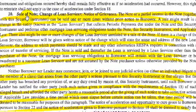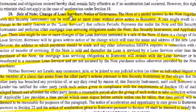So it says sale of note, change of loan servicer, notice of grievance. The note or a partial interest in the note, together with this security instrument, okay, it's very subtle, together with this security instrument can be sold one or more times without prior notice to borrower. A sale might result in a change in the entity, known as the loan servicer, that collects periodic payments due under the note and this security instrument and performs other mortgage loan servicing obligations under the note, the security instrument,